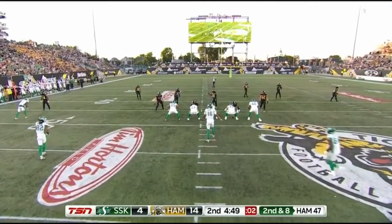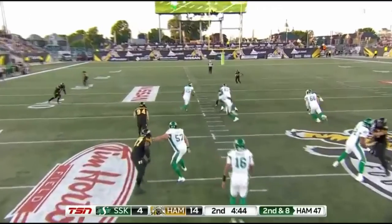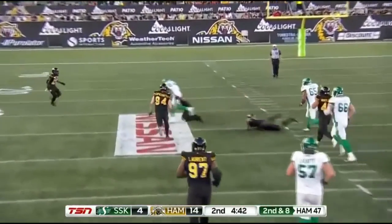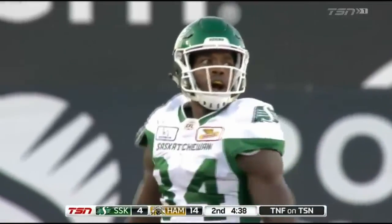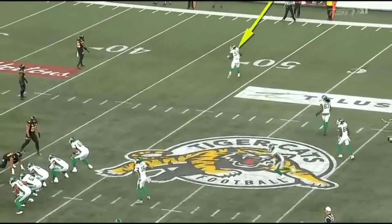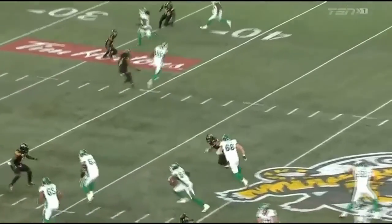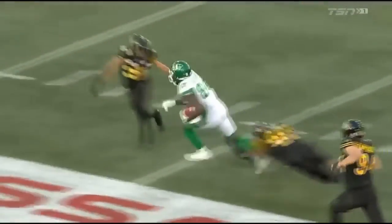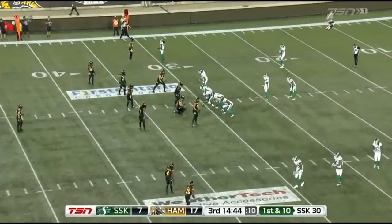Messon lines up as a wide out to the far side of the field on 2nd and 8. And this is Spencer Moore. Excuse me, it's Jordan Williams-Lambert. You mentioned, Chris, he's way out there as the wide receiver, and Williams-Lambert inside, trying to confuse the Hamilton defense. If you confuse the defense...